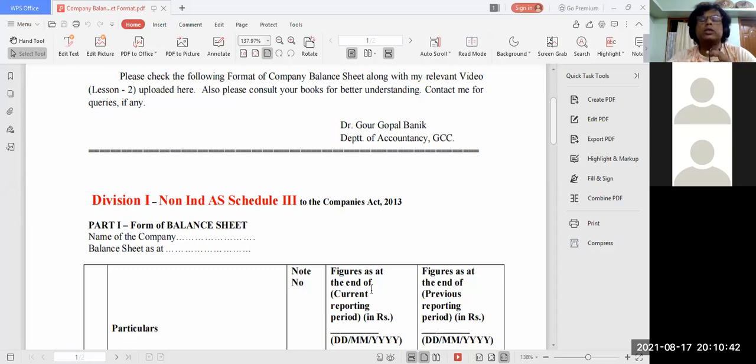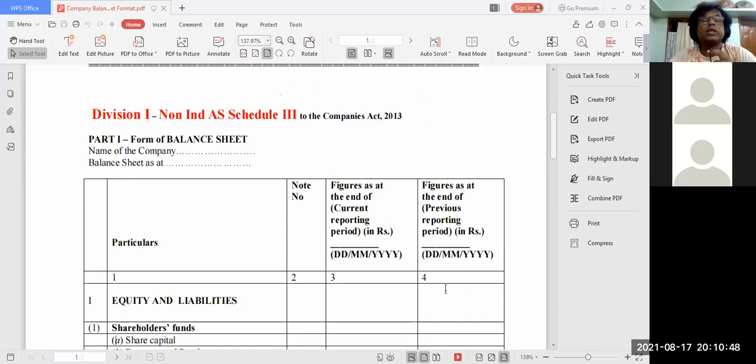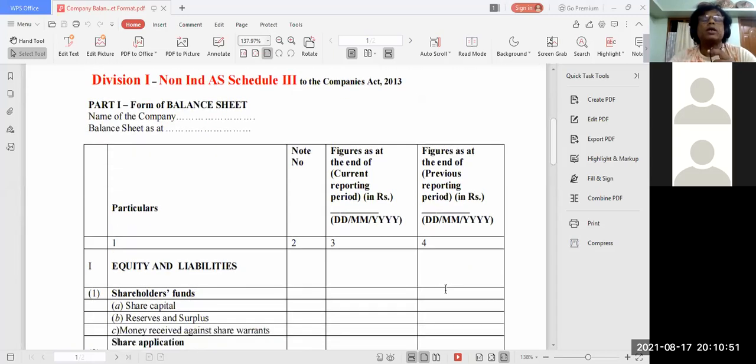So in Schedule 3, a balance sheet format is given, and that balance sheet format is this one. But I have to talk to you about some other points also here. After 2018, these things are not very important for higher secondary, but very important for BCom corporate accounting. But if I share a little background in 1 or 2 minutes, your foundation will be strong.